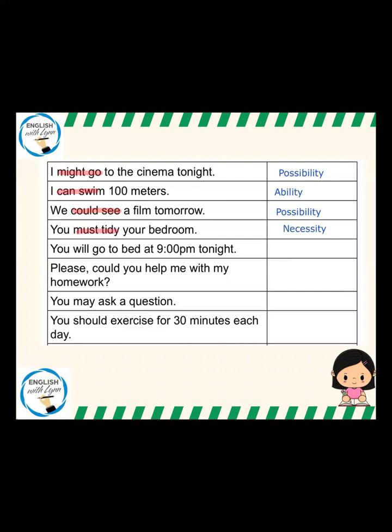Okay, and then again, it's Sunday night, so you will go to bed at 9 o'clock tonight. And my modal verb there, you will, and it's in the verb chain, will go. And there is no arguing with that because it is a certainty. Okay, so tidying the bedroom, it's a necessity that it needs to be tidied, but you will go, it is a certainty that you are going to go. Okay,